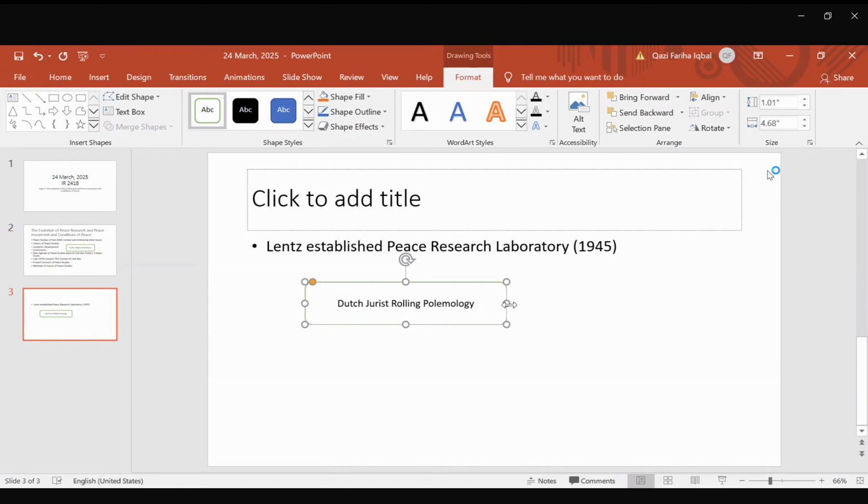Later on, very interestingly, we have seen contributions from different mathematicians and natural scientists. Usually we think that peace study is part of social science, right? However, during the initial stage of the Cold War, mathematicians and natural scientists were contributing to the field of peace studies. How were they contributing? They published a bulletin. The name of the publication is the Bulletin of Atomic Scientists.